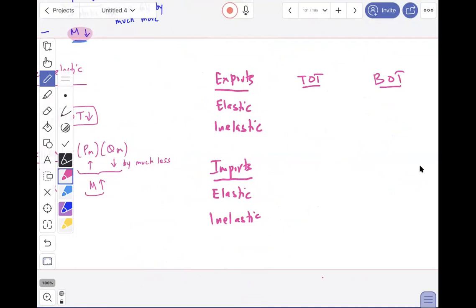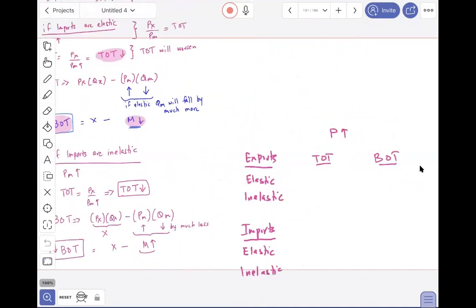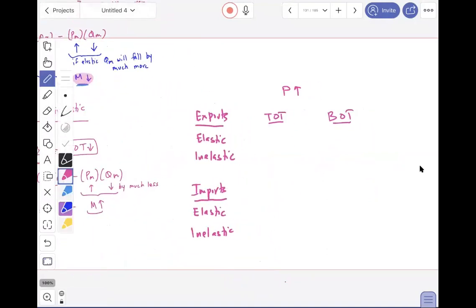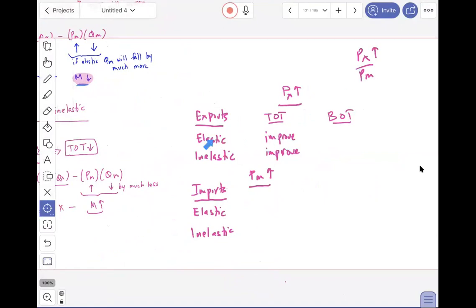Okay, so price is rising. Let me write this: price is rising for both exports and imports. If exports are elastic, guys, and price is going up, terms of trade will improve, right? Because terms of trade is simply the ratio of prices of exports and imports, so Px over Pm. Px is going up, so terms of trade will improve and improve. But for the imports case, PM is going up. For Px going up, terms of trade will improve for both the cases, be it elastic or